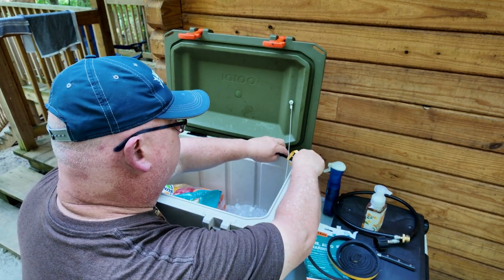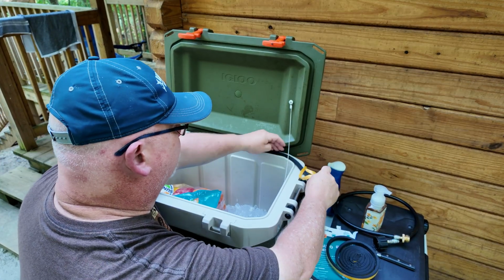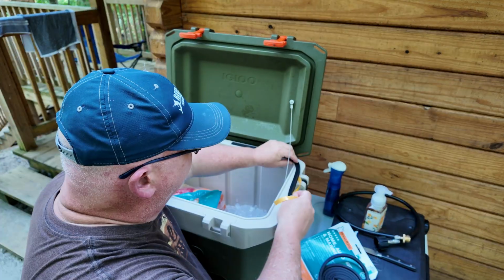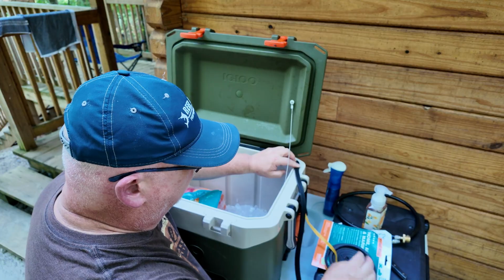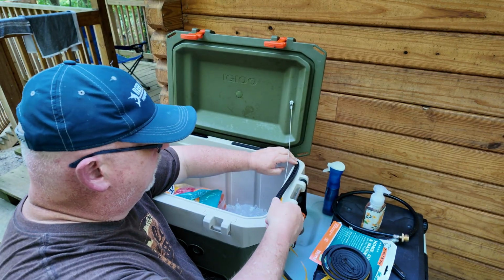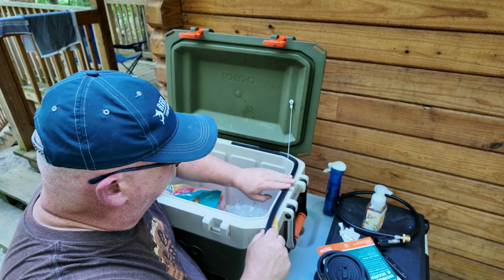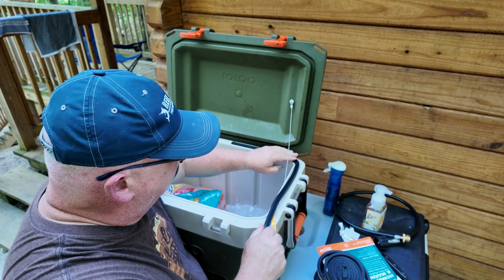And as we put it down, we'll pull the... And it's bending around the corners fine. That's good. So you may have an issue with it trying to ride up the edge. And just follow along that outside of that lip. The corner seems to be a little bit...